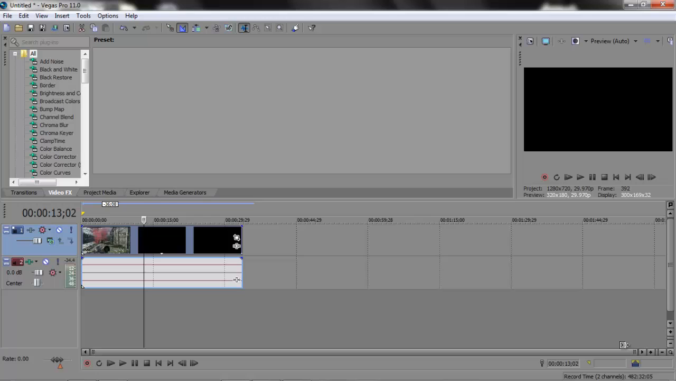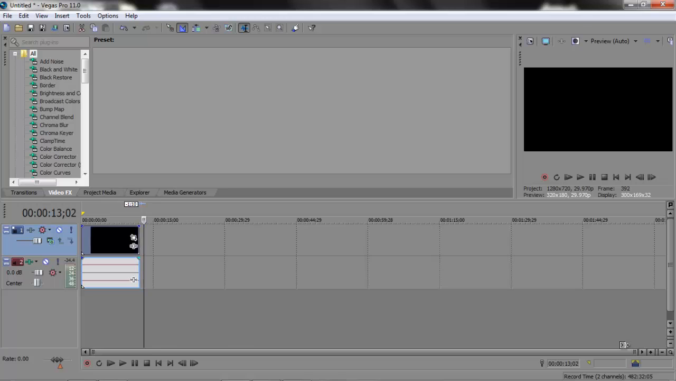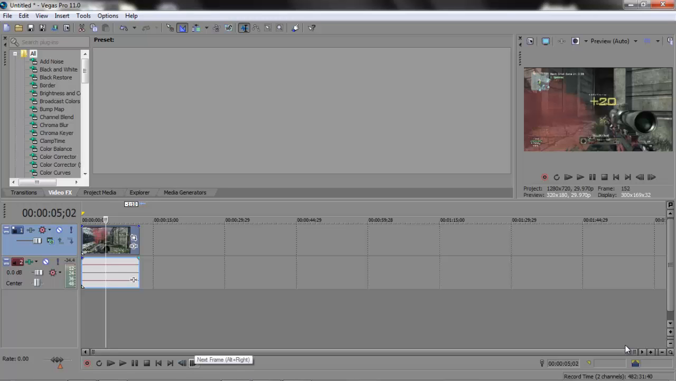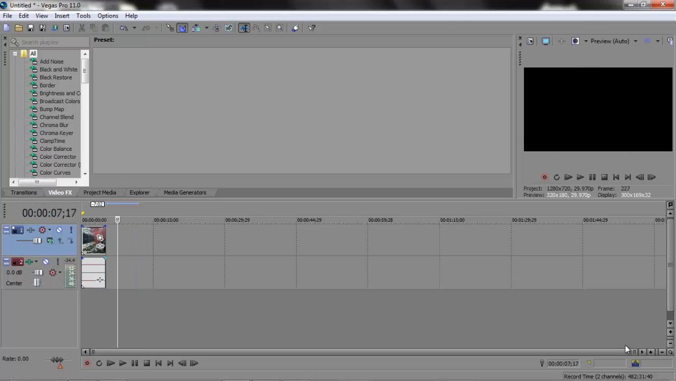So I could just cut this now, so it's not that big of a deal, but you should really do that before. So I could just split that and then delete that part. So now all you have to do is render it, and to render it in Sony Vegas you just go File, Render As, and then a window will pop up, and